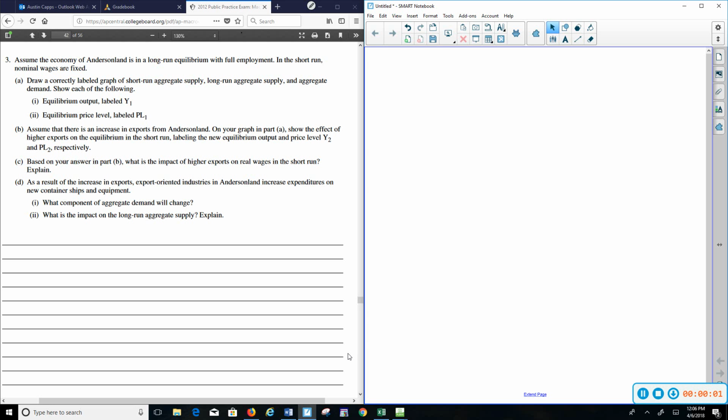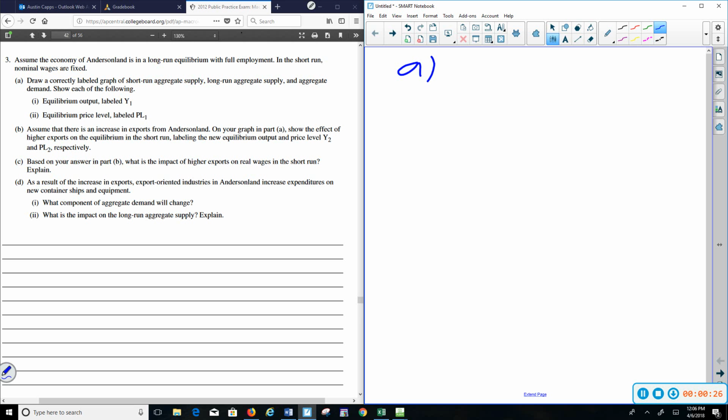All right, this is the second FRQ question on our first macro review test. And it reads as follows. Assume the economy of Andersonland is in a long-run equilibrium with full employment. In the short run, nominal wages are fixed. Part A wants us to draw a graph of short-run aggregate supply, long-run aggregate supply, and aggregate demand, labeling equilibrium